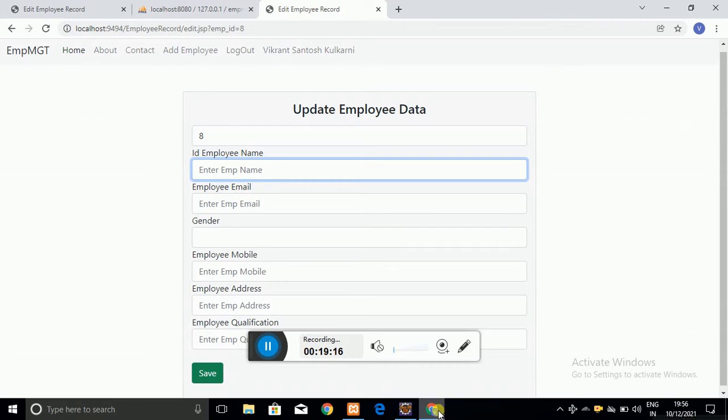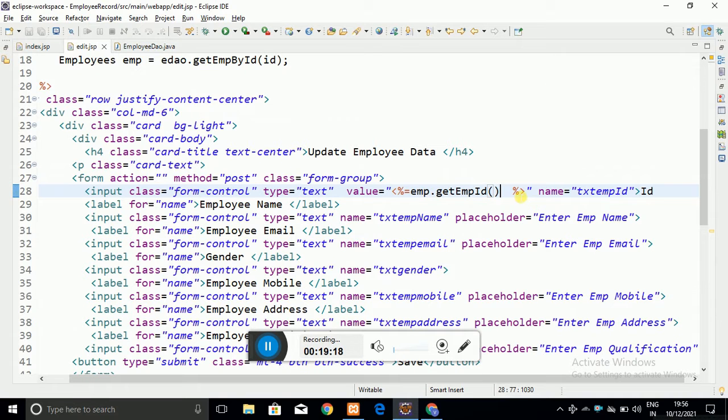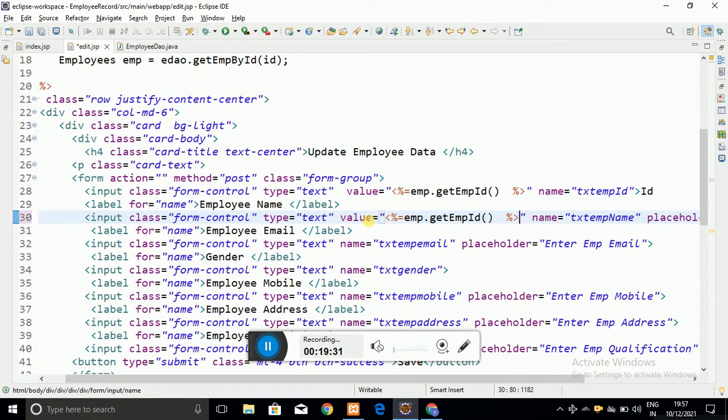In a similar way, I am going to do it for the employee name, email, mobile number, address, and whatever other fields there are. In the same way I am going to fetch the details from that employee object.